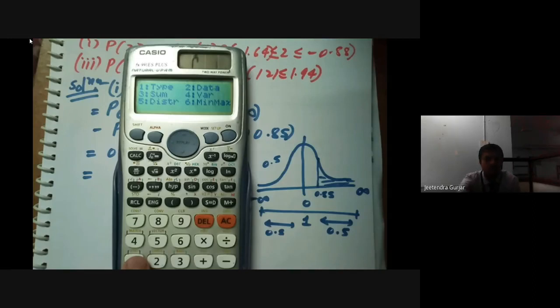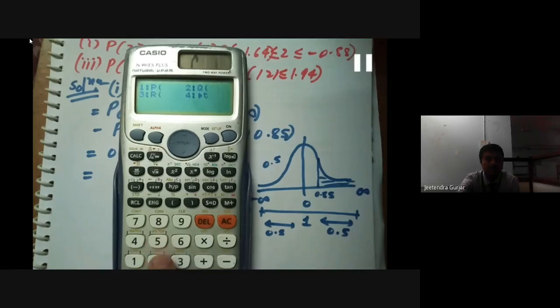So press 5. That is our distribution. We want to find the distribution. Here, very, very important, we get 1, 2, 3, 4. Here, the normal distribution is already a fixed value and it is in the table. You can see in this statistics table, this is already a standard normal distribution. It is already in your calculator, and you can see, press 2.